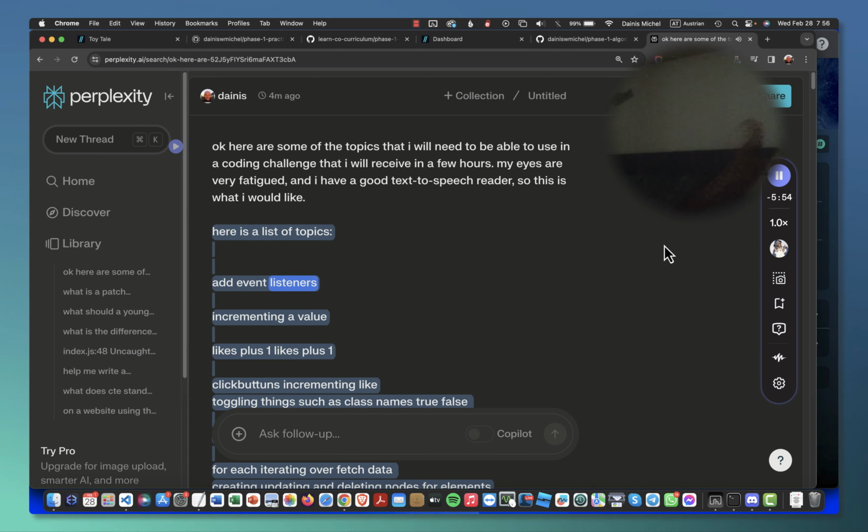Add event listeners, incrementing a value, likes plus one, click buttons, incrementing like, toggling things such as class names, true, false, submit forms, get requests, for each, iterating over fetch data, creating, updating, and deleting nodes for elements, post, patch, delete. Now I missed a few of the things our instructors said, so please fill in the blanks and generate